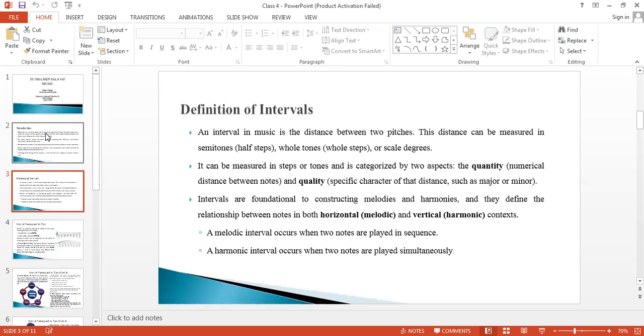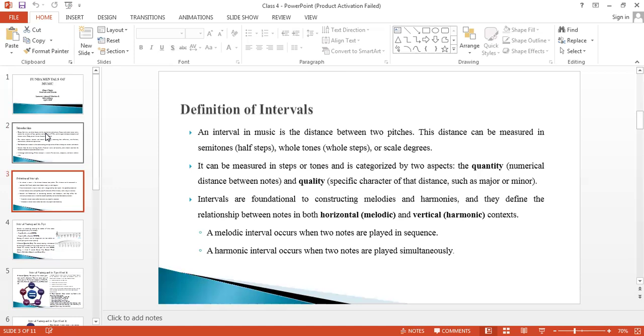An interval in music is the distance between two pitches. The distance can be measured in semitones, which is the half step, and the whole tones, which is the whole step. We've been talking about it in the last class, or scale degree. So it can be measured in steps or tone and is categorized into two aspects. We have the quantity and the quality. The quantity is the numerical distance between notes, while the quality is the specific character of that distance, such as